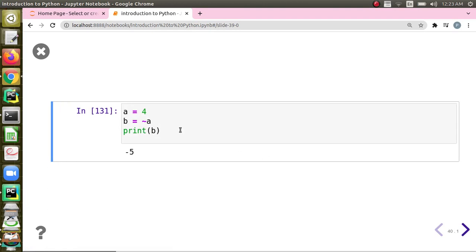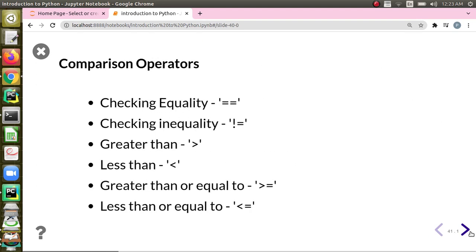Negation can be done using the tilde symbol, basically a complement, right? So zeros will become ones and ones will become zeros, but internally the machine is doing 2's complement. It does not go in depth into it. Since it follows 2's complement, it will add 1 to the value after we complement, and we will get the value. That we can see separately.